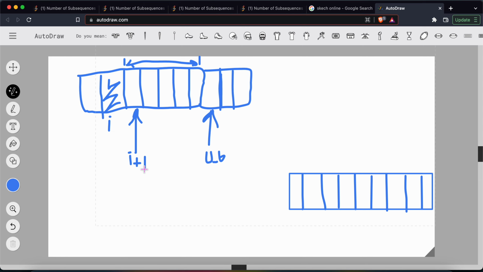so this is the i plus 1 position, right? And this is the upper bound. So if we do upper bound minus this position plus 1, then we will get this number of elements. But if we do upper bound minus this, then only we will get this number of elements. Okay, either from here to here, or from here to here. Okay, so what we are effectively doing is